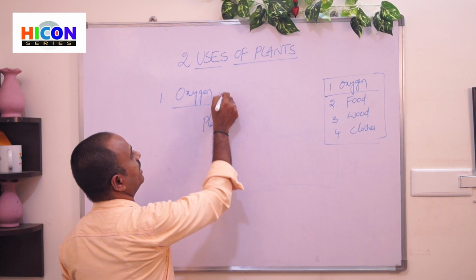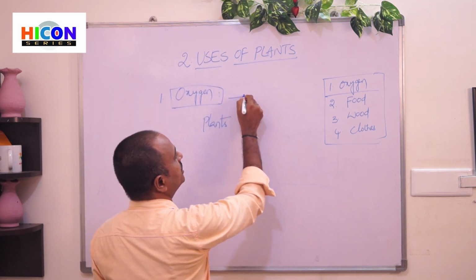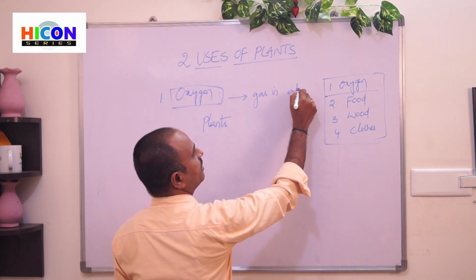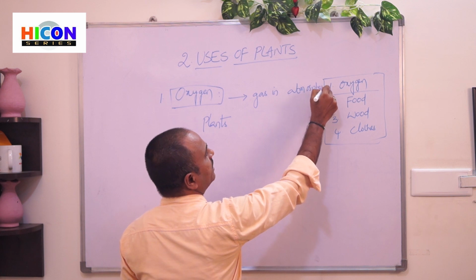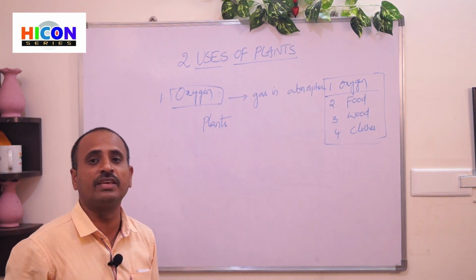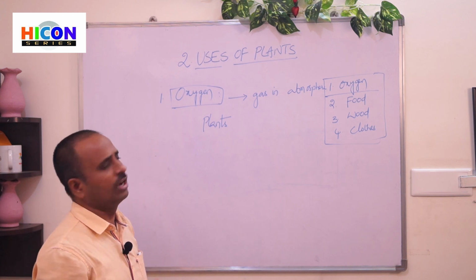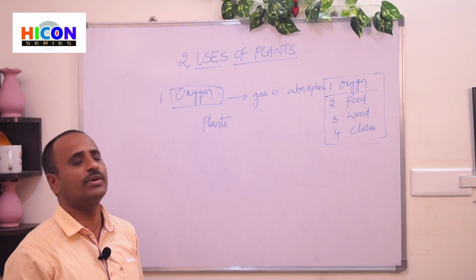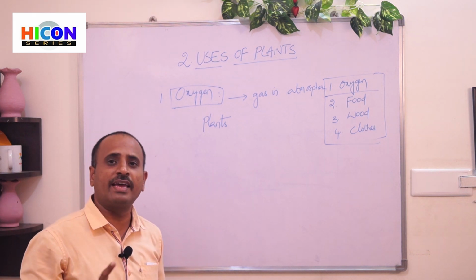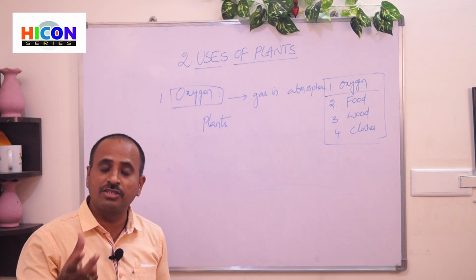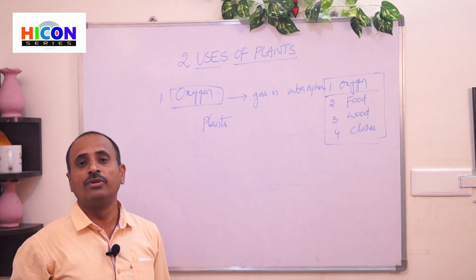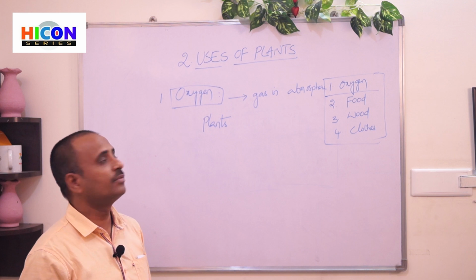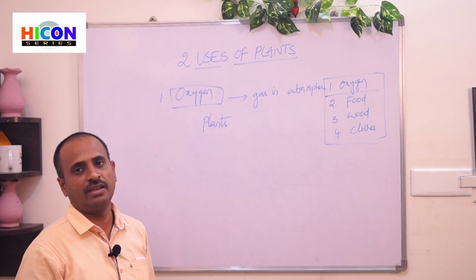Here, oxygen is one type of gas which is present in the atmosphere. There are different types of gases present in our atmosphere. Along with oxygen, there are nitrogen, helium, and hydrogen. Among all the gases in the atmosphere, we need oxygen for breathing. We have to stay alive, so that's why we have to breathe oxygen in the atmosphere. Without oxygen in the atmosphere, we cannot stay alive.